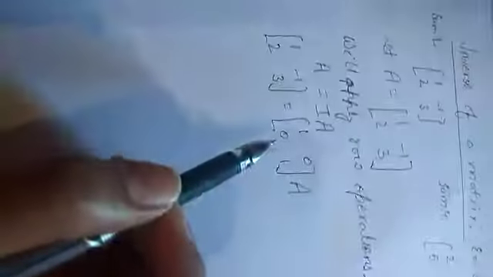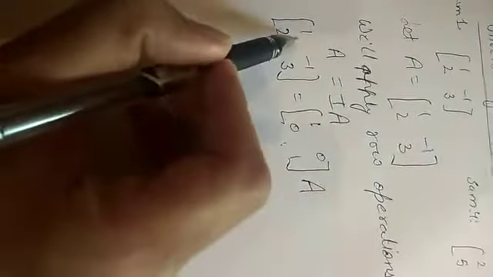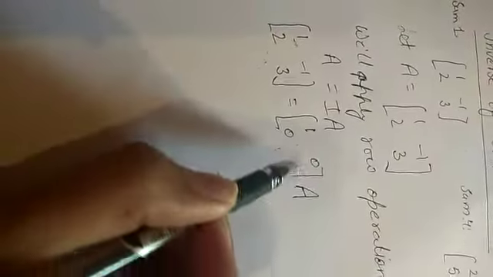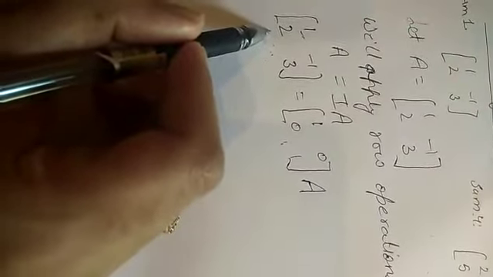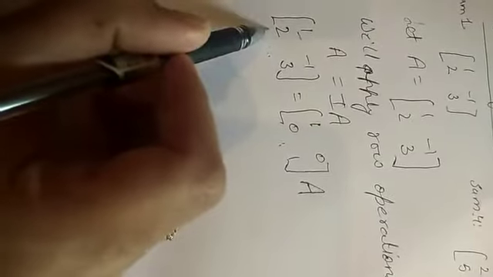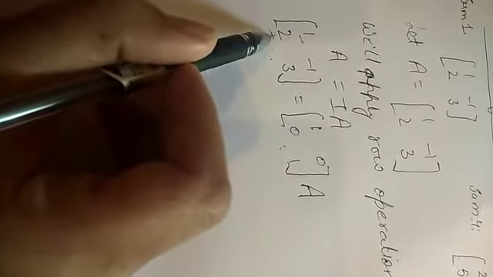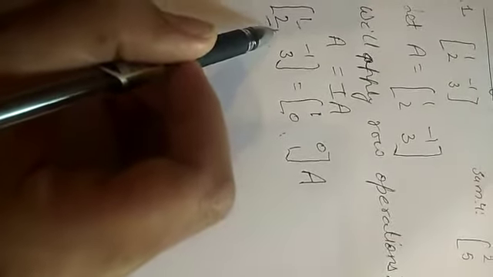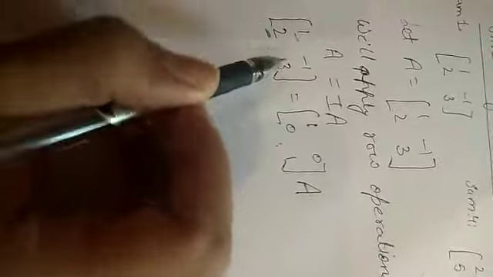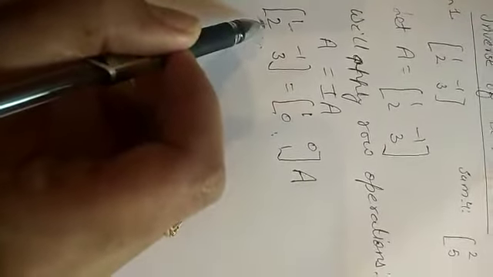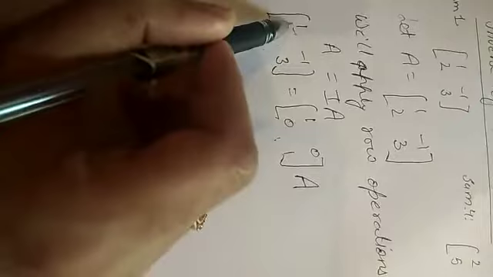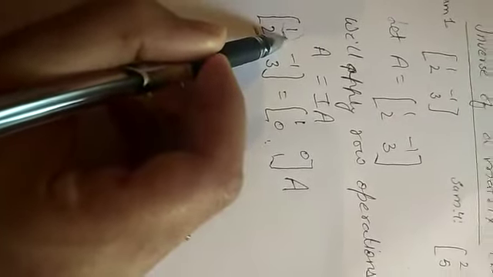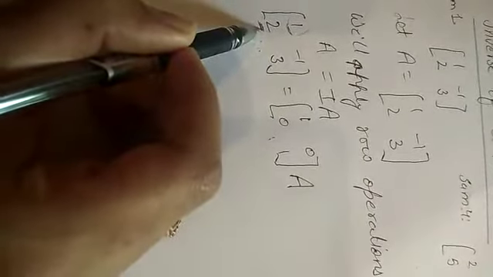So here what we will do, as the first element is 1, and according to the identity matrix the first element should be 1 only, but here we have to make it 0. So if I do this 2, how will I make it 0? If I subtract 2 from it, because we cannot multiply by 0, remember, but I can add, I can subtract. So if I do this 2 minus 2, I can make it 0. Now this minus 2, where will we bring it from? If I multiply the first row with 2 and subtract it from the second row, I will get 0 here, right?